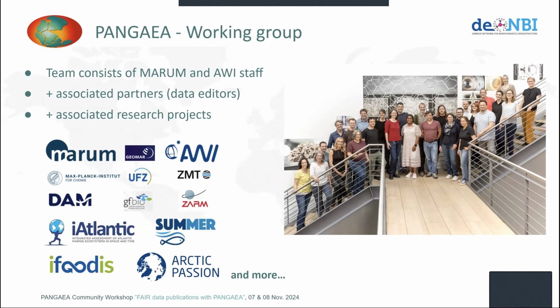We have then people that are really in PANGAEA, but working attached to the project and taking care of all data management taking place in the project, or that needs to be performed in the project. And most of the time, these are also funded by the projects. So you have a work package in the project that is dedicated to research data management,